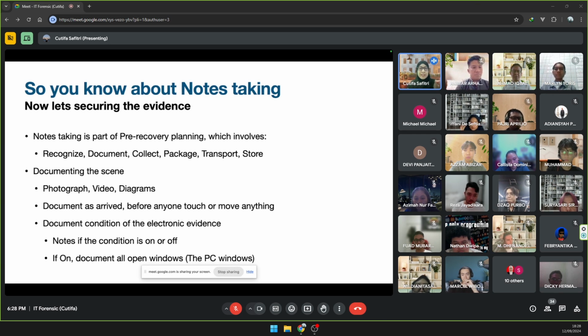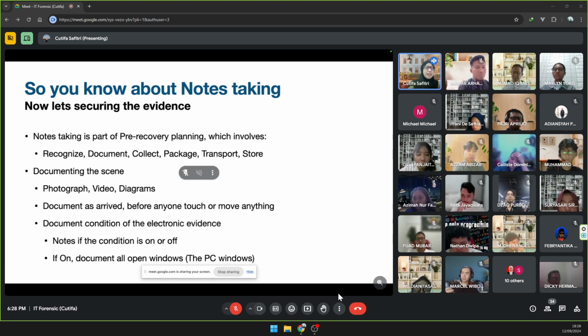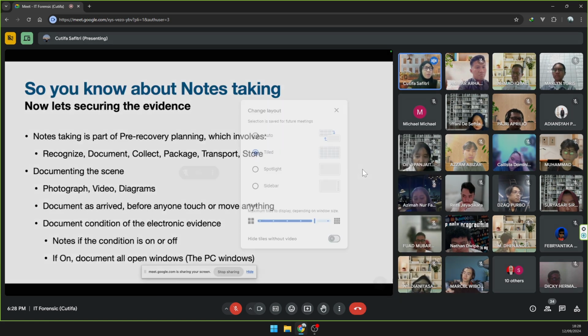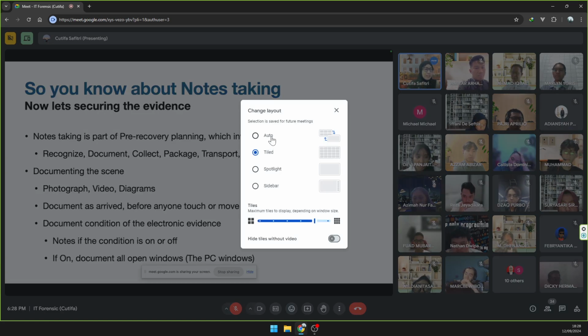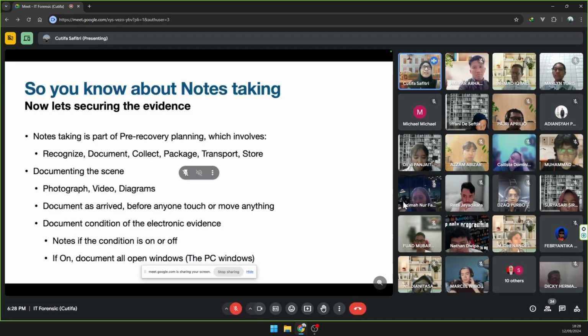If you find an electronic device that is turned on and it has a clock or a time, you need to document that because you want to know whether you are working in the same time zone as the criminal or not. Maybe they are from overseas, maybe you are in the same time zone. Or for example, they planned the crime some time ahead, and the clock wasn't changed. So for example, the computer has been used to plan some kind of attack. It was in 2022, and this is the day when they are going to execute it, and the time has not changed. So actually the time is very important.